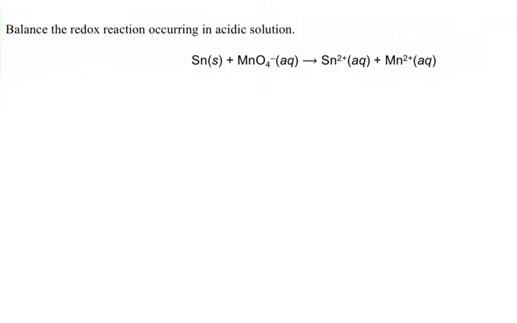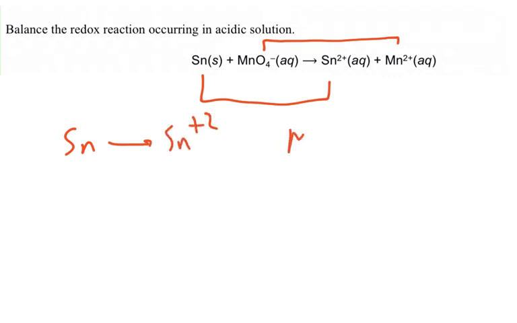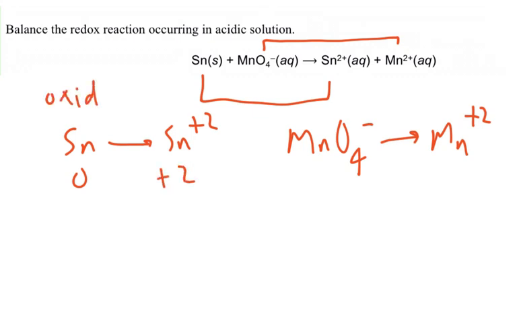Now, here we have another redox. What I'm going to do is help you get this one started, and then I want you to try this one on your own, and then we'll check it. So here's what we're going to do. When you do this, remember these 2 are going to go together and these 2 are going to go together. Divide them into an oxidation and a reduction reaction. So when you split this up, we know that these 2 are coupled together, these 2 are coupled together. You're going from 0 to +2 here, so this is definitely your oxidation. You're losing electrons there. And then if you remember, this one's +7, this one's +2, this one's gaining electrons,